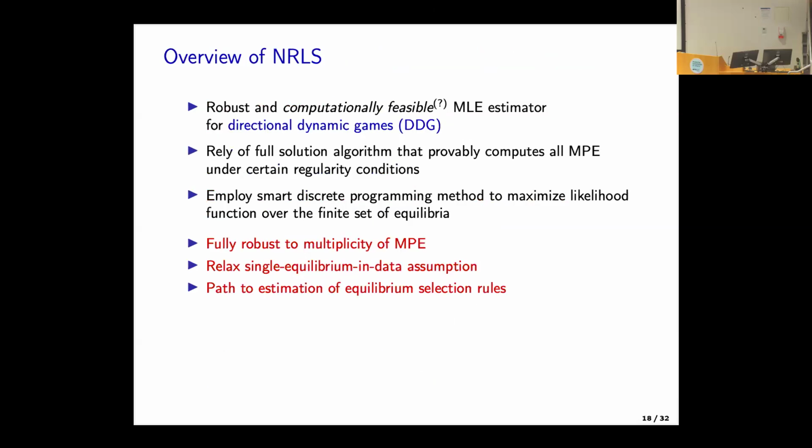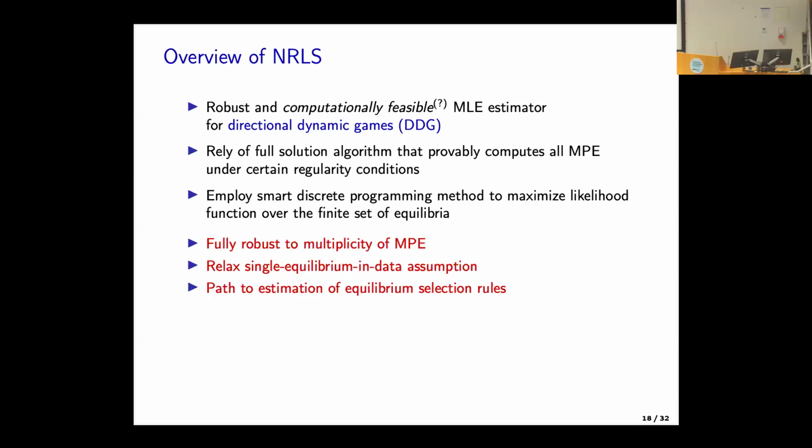And then, of course, we do RLS. Here are some key findings. I would say it's robust, and I hope Fedor convinced you. It's a computationally feasible estimator, especially when we have lots of data, because we can knock out all those very unlikely equilibria just by using the non-parametric likelihood as a bounding function. It relies on an algorithm that provably finds all Markov-perfect equilibria. It may take time, but at least for a given set of parameters, we can always calculate the likelihood.